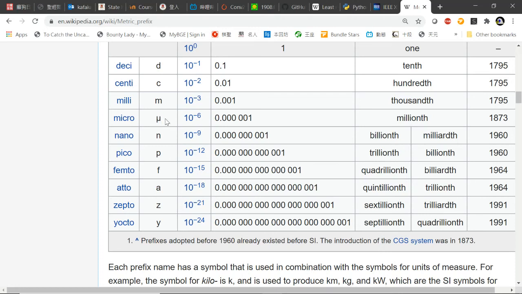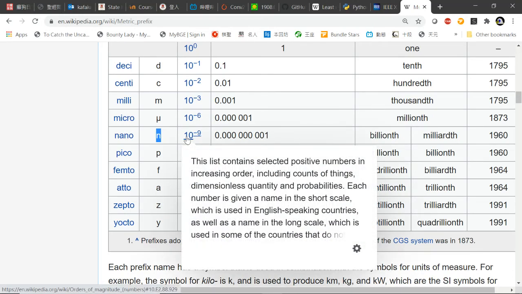So 10 to minus 6 is micro. This is a Greek letter, mu. So milli to mu, easy to remember. Nano is 10 to minus 9. When you consider the nanometer process, nanometer CMOS, nano is one billionth of 1 meter. 就是把1米切成10亿份，那1份就是1个纳米。